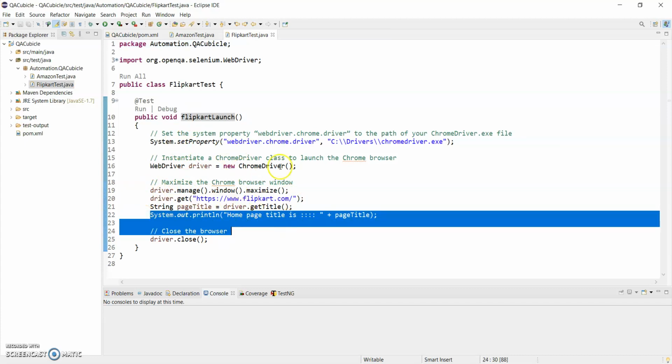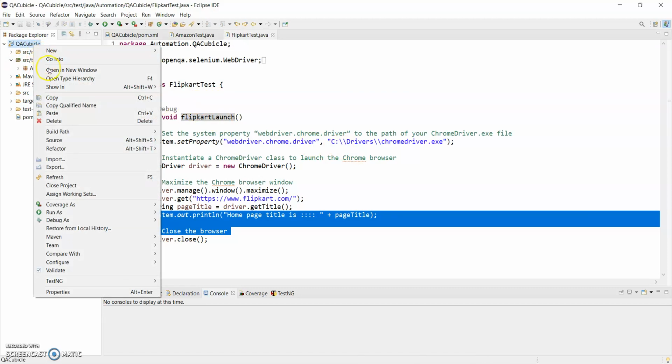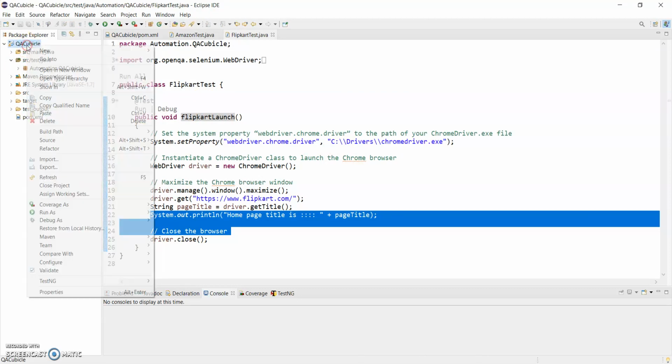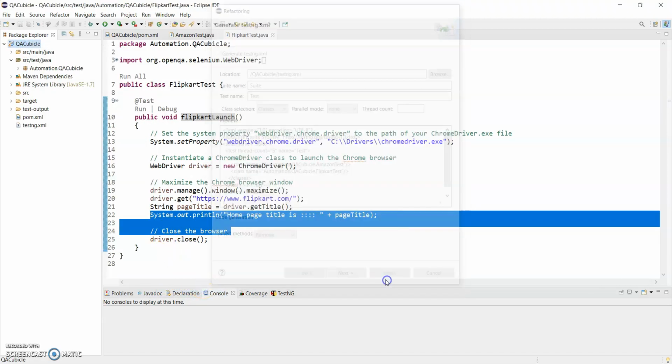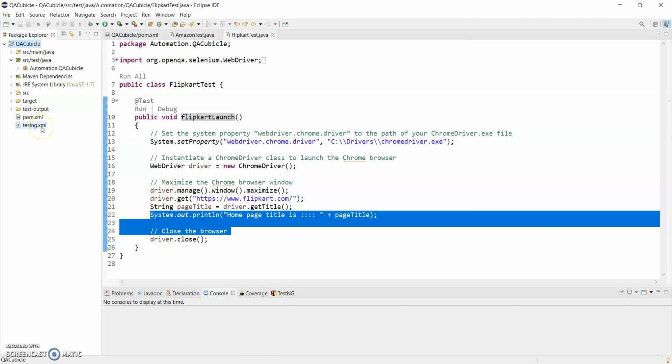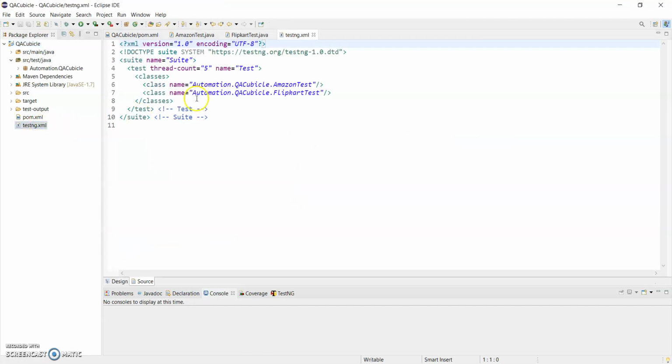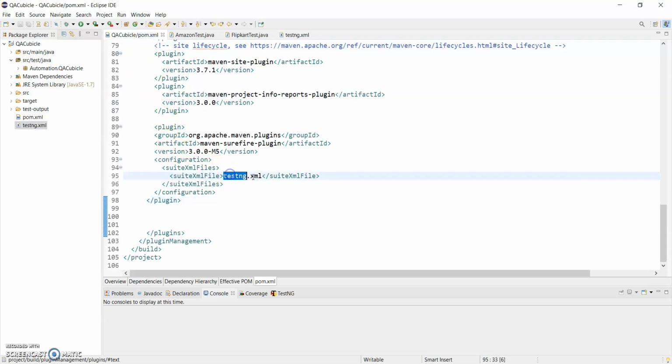Great. Now I will convert this project to a testng.xml file. Simply select the project, go to TestNG, and choose Convert to TestNG. Simply click on the Finish button. You can see one testng.xml file is generated. Now the testng.xml file is given here.